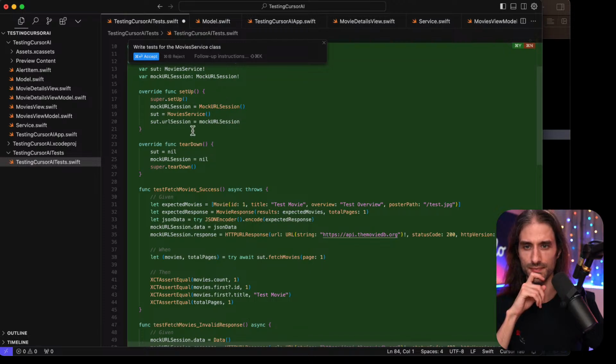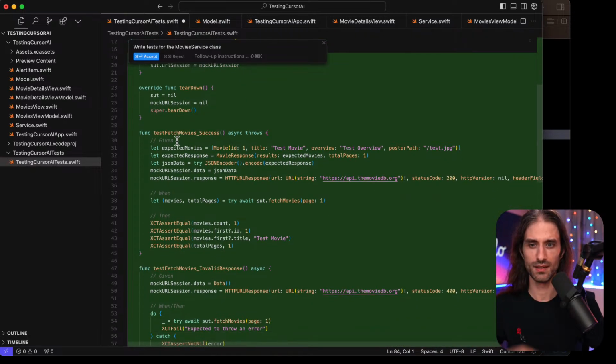Okay. It's saying given. So it's mocking even the URL session and then injecting it.